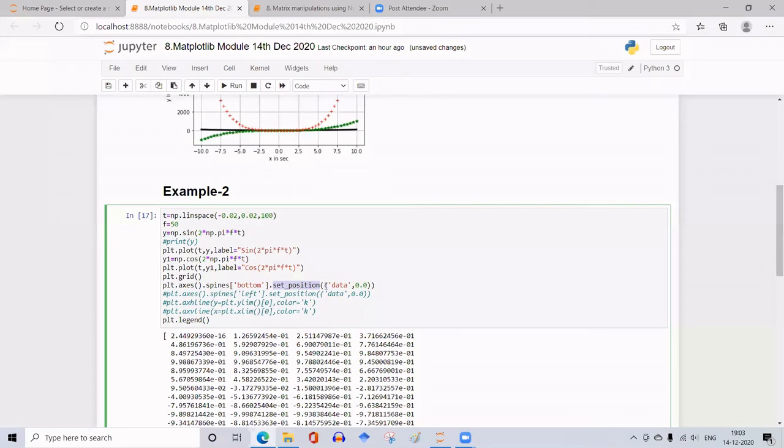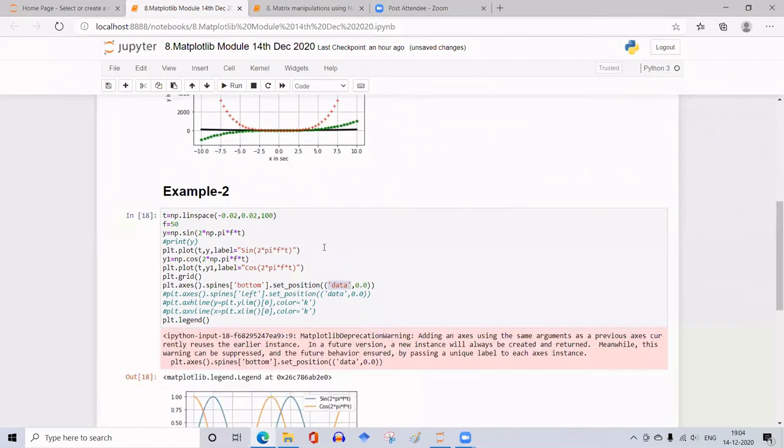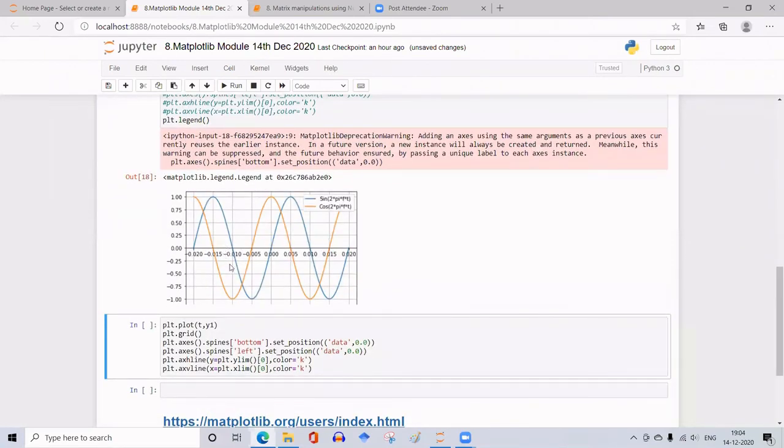Give the position as a tuple. First you give where, that is data 0.0. So set the bottom spine to the data 0 position. Let me execute this. So you got this bottom line shifted to the middle.